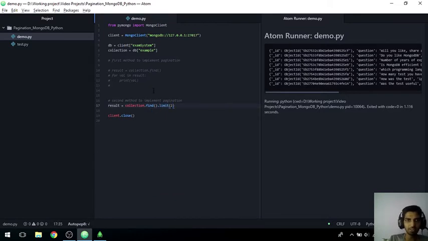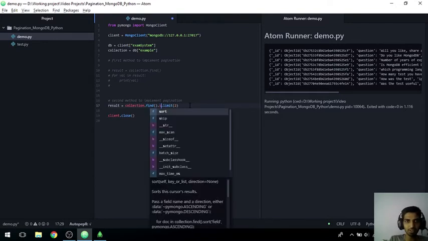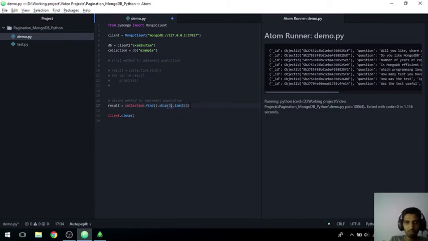There is a problem in this method: it will always give us the first 2 objects. Now we want to skip some entries and limit our records to a few entries. So we will type skip(2). Now this will skip the first 2 records and give only 2 entries.